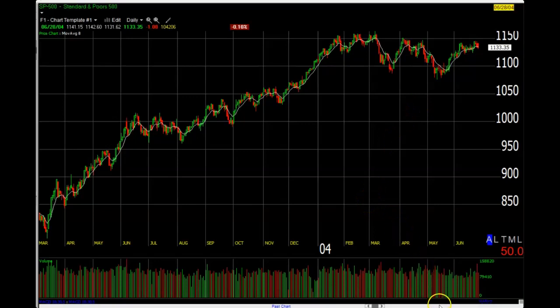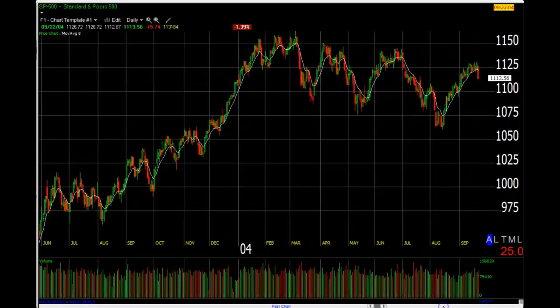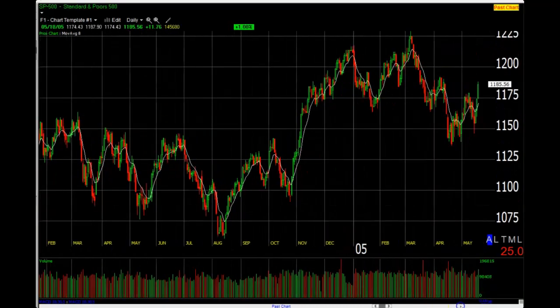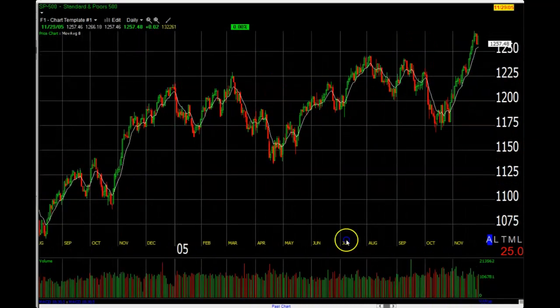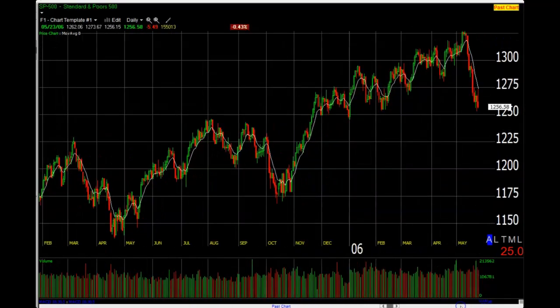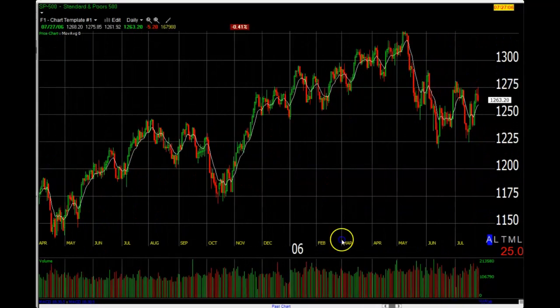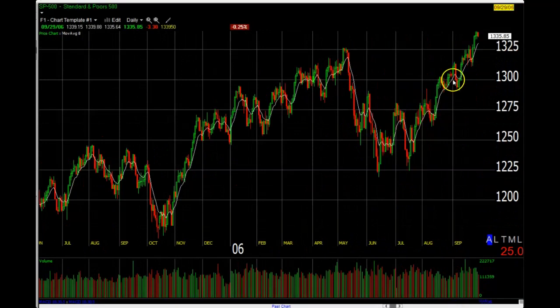But let's walk this thing forward. So the first raise was in June of '04, and they raised all the way until May of '06. So you can see from June of '04 right here, the market just continued to rally all the way into '06. So right here, it was when they stopped raising rates, and they actually caused the market to roll over for a little bit, made a nice little rounded bottom, and then turned around and started going back up.